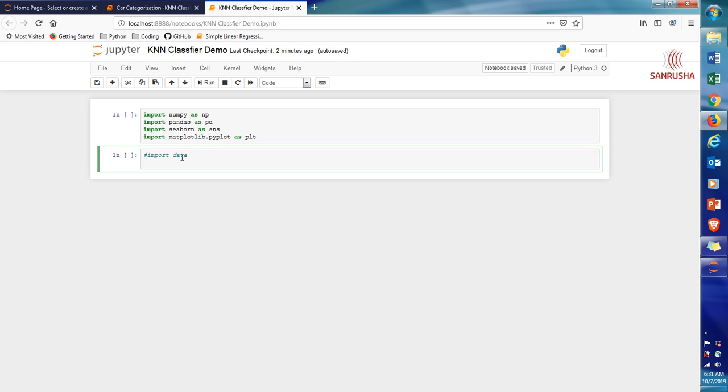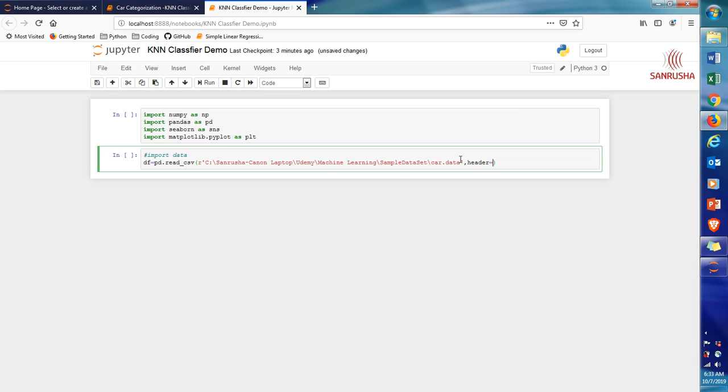Based on previous lecture, you understand the data and I hope you have stored it on your computer. Now we are going to import that data to a data frame. And the command for that is, this is my data frame name, df equals pd dot read csv, and then r and then give your file name over here. The file name is car.data.